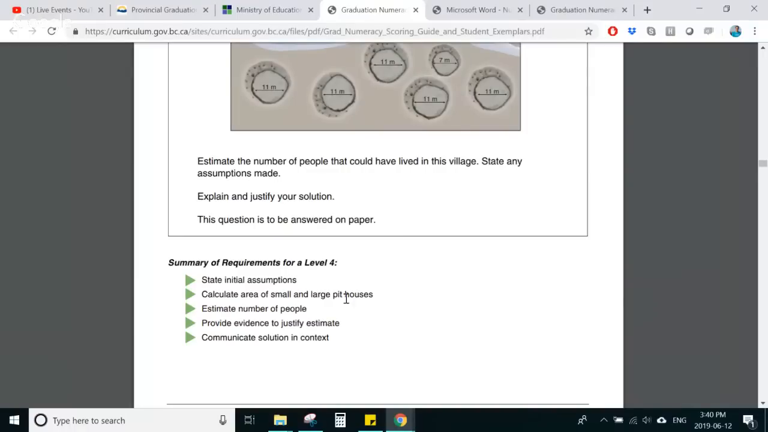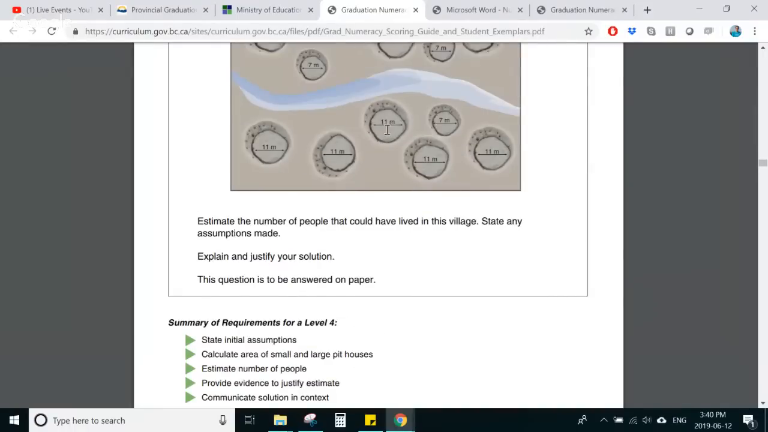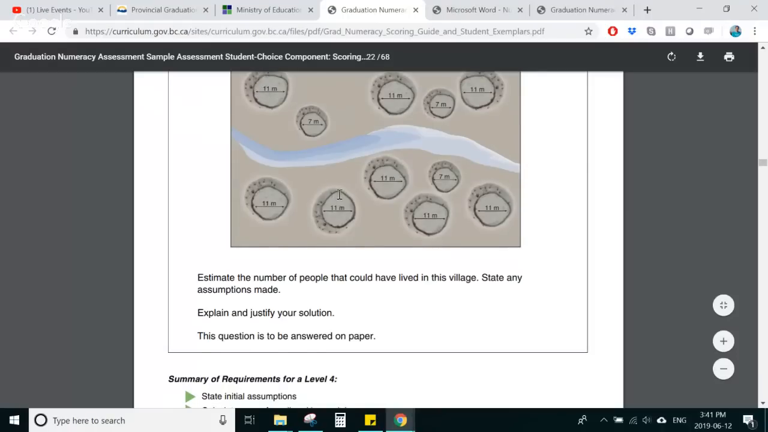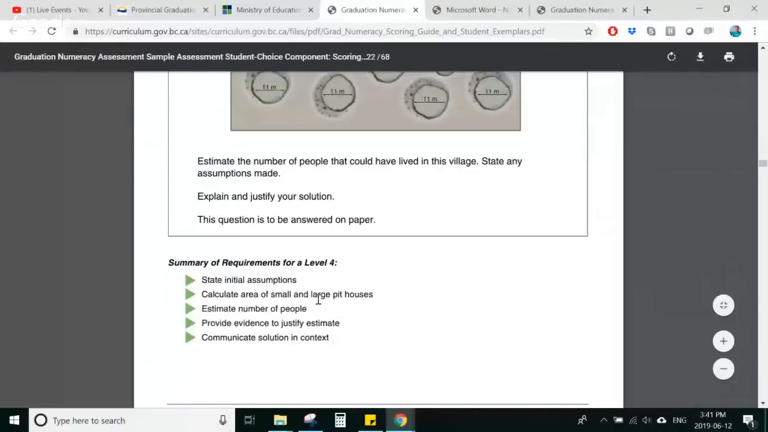Calculate the area of the small and large pit houses. You must calculate these areas in order to satisfy the question. You can't just go, I'm going to estimate this, I'm going to estimate this, I'm going to estimate this. You need to actually calculate the floor area. 11 meters is not the floor area. If it said 11 meters squared inside here, then that would be an area, but this is 11 meters in diameter. So you need to calculate those areas and estimate the number of people in total,